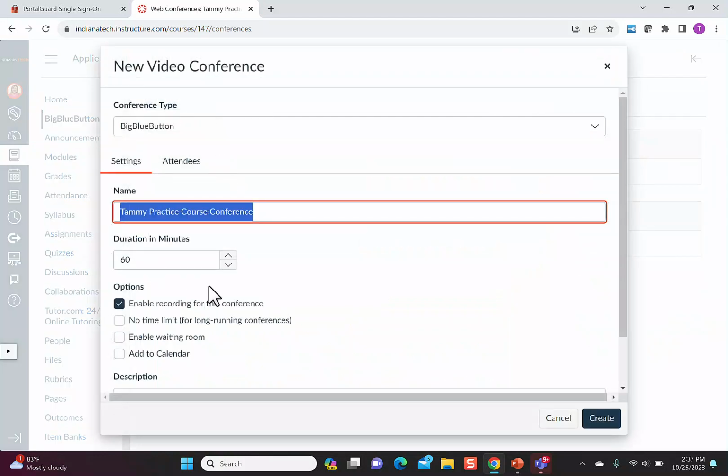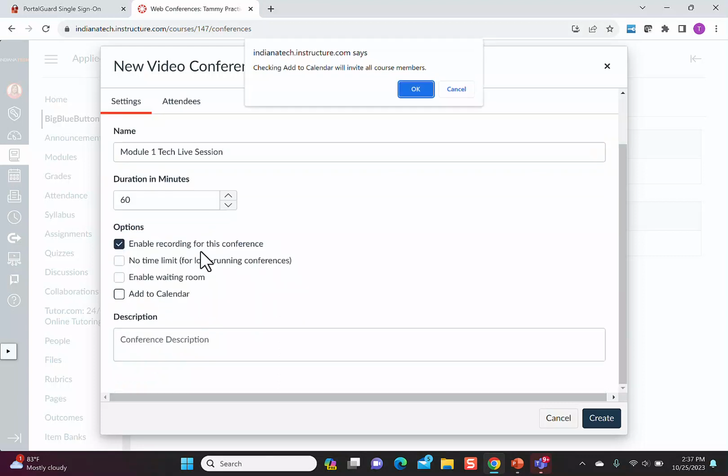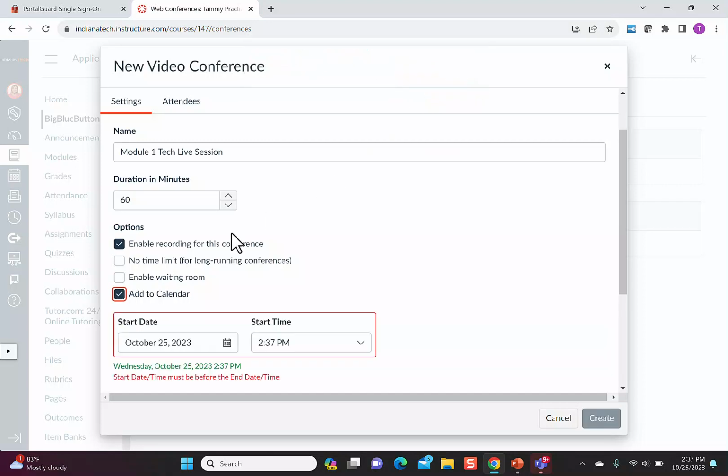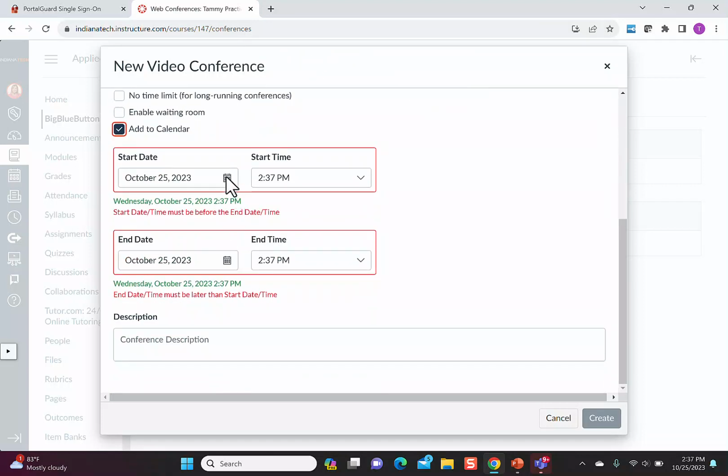We'll give a name to the conference. By default, the conference will be 60 minutes and it will be enabled to record. You want to click Add to the Calendar, which tells you that this will invite all course members, and we click OK. We'll select a start date